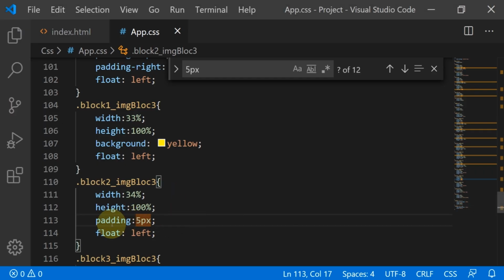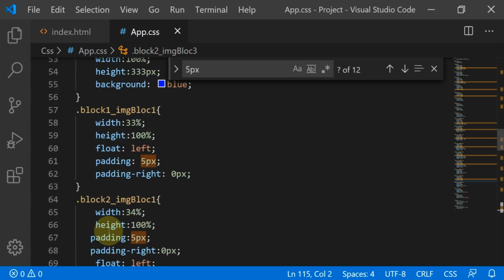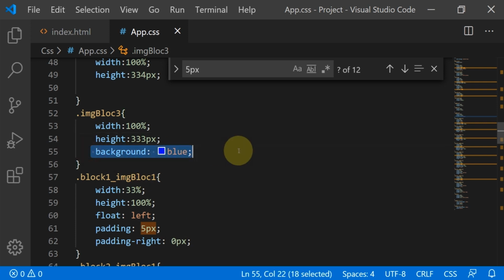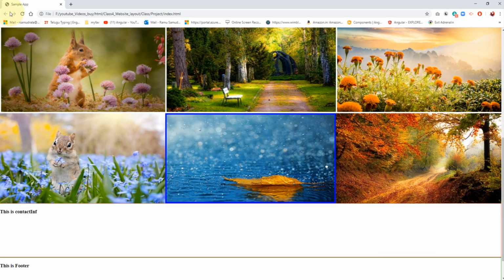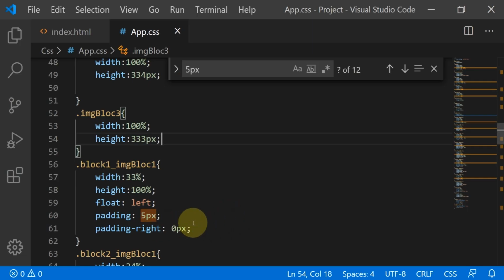That background blue is not for this class, it's from the parent class, that is block 3, image block 3, this one. Okay, so let's see. Yeah, here observe guys, it's maintaining some space bottom, left and right. In the top we should remove 5 pixel, so padding top 0 pixel,